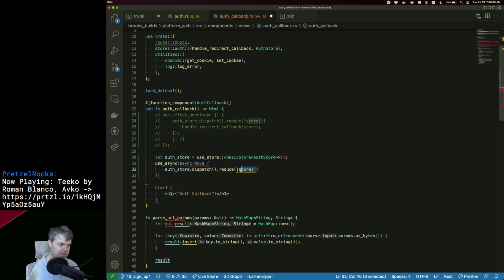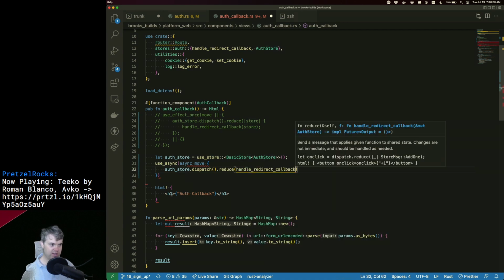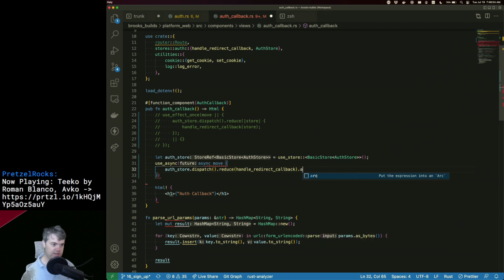I wonder if I can just pass a reference to handle redirect callback without calling it. And then await.